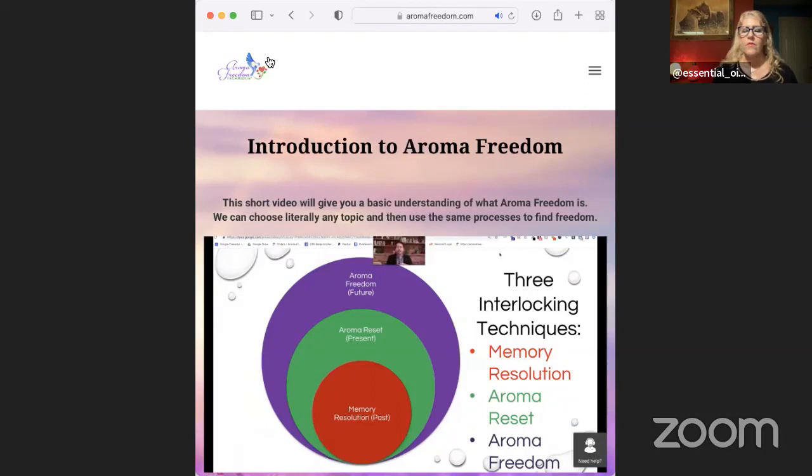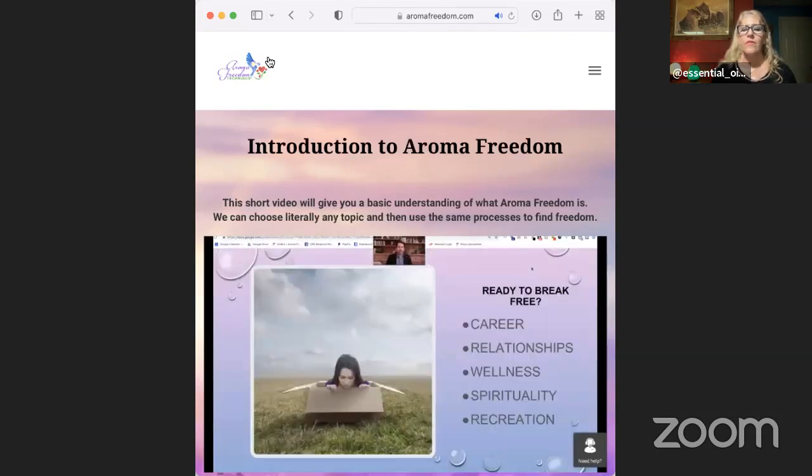And then the aroma freedom technique, which is what we're going to demonstrate today, is really about the future, which, as I said, we're designed to go into the future. We're designed to explore, to move forward. And aroma freedom is designed to help us bring that forward goal into our present. So the goal could be any number of things. It could be our career, could be a relationship goal, could be a wellness goal, even a spiritual goal, or just a goal about having fun. Really, any area of your life where you would like to have greater freedom, greater joy, greater success. You set a goal, and then we work through the process and get there.